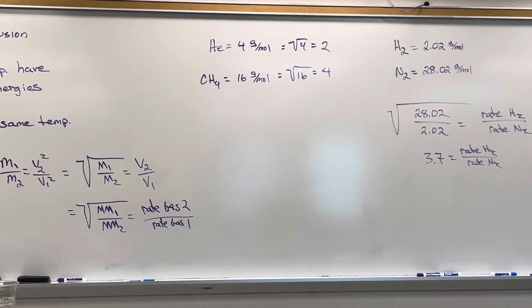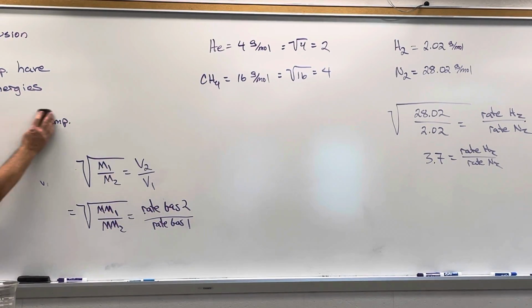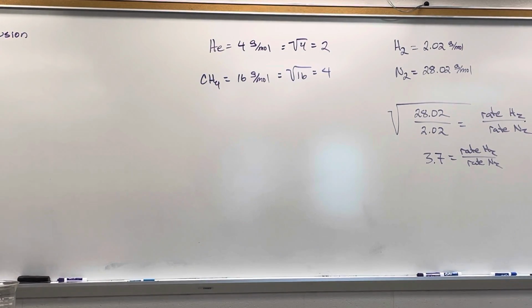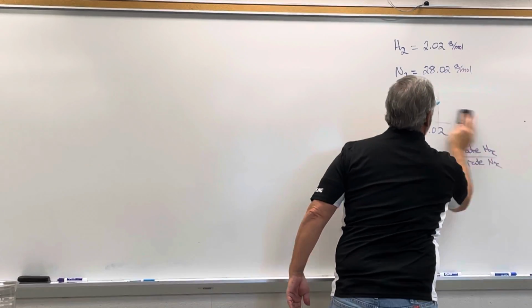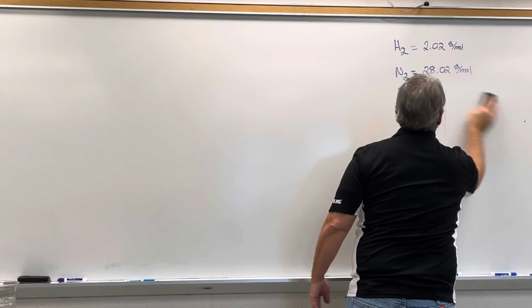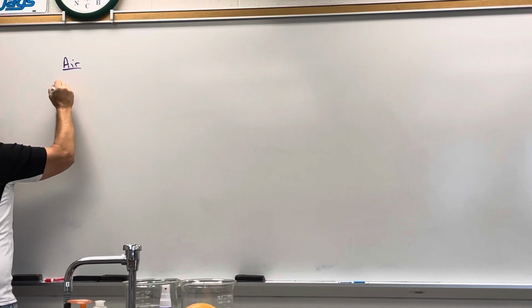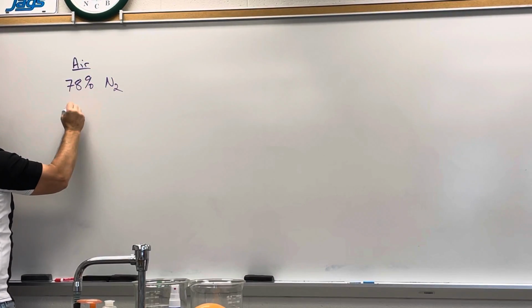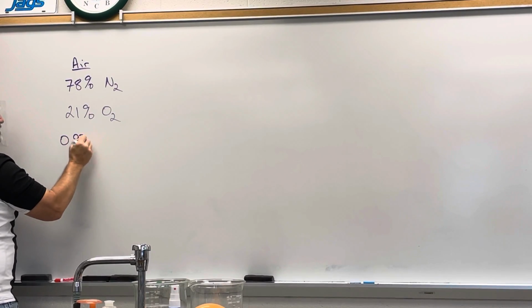All right, so we got another simple law. It's called Dalton's law of partial pressures. What's making up the air in this room? Oxygen and other gases. What are the other gases? Nitrogen. The three main ones: 78% nitrogen, 21% oxygen, and about 0.93%